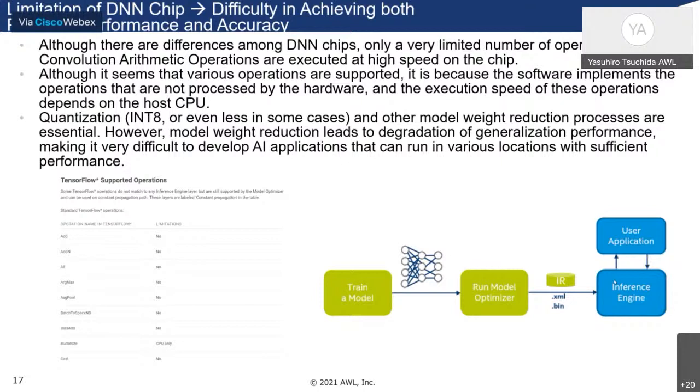Although the shrinking of the parameters causes the loss of generalization accuracy, it means that the models can work on the DNN chip. This will be customized for each installing environment.